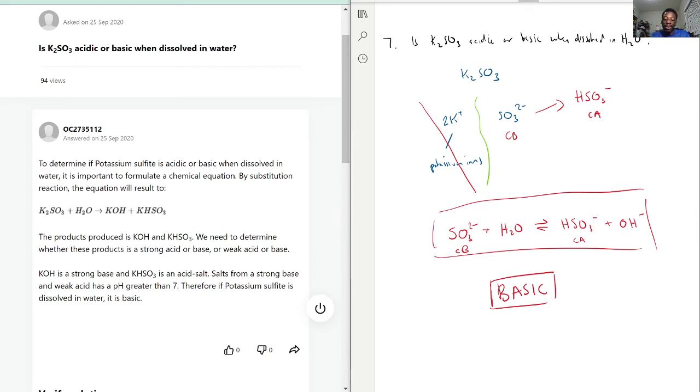What's happening here is that by sulfite taking the hydrogen from the water around it, you can see here it's already producing some base, and that's how it works as a base when dissolved in water. So as they mentioned here, this is a good point, let's see here, I do believe that they mentioned somewhere that it's a weak acid. Maybe not, it just said that it's an acid salt. But the key thing to remember is that